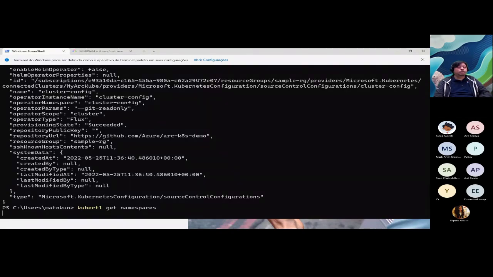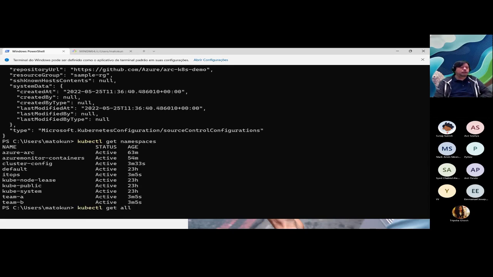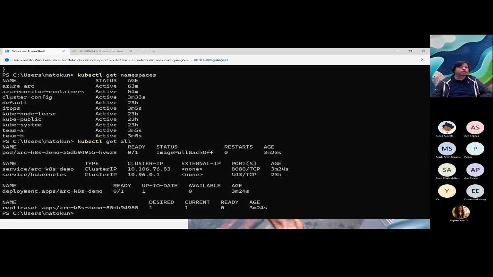Let's see how it responds. You will see that now we have that IT ops team A and team B created here without doing anything. It just deployed, synchronized my configuration. kubectl get all. Now we'll bring the image and everything else here. In this case, I think that the YAML file is broken,